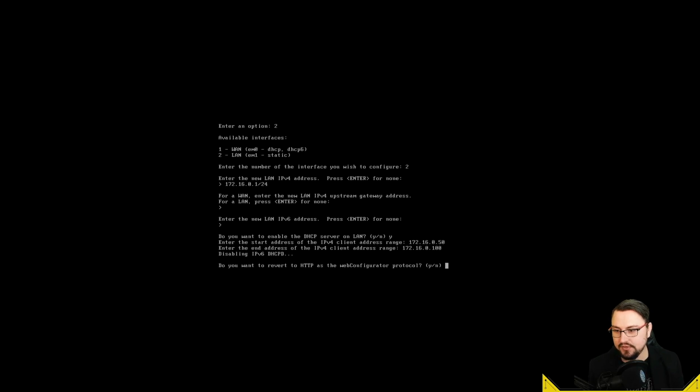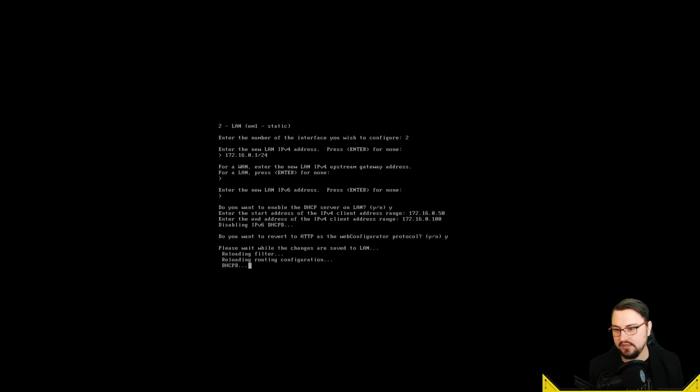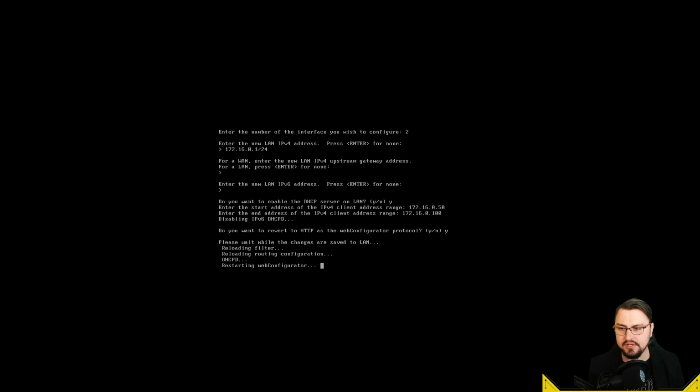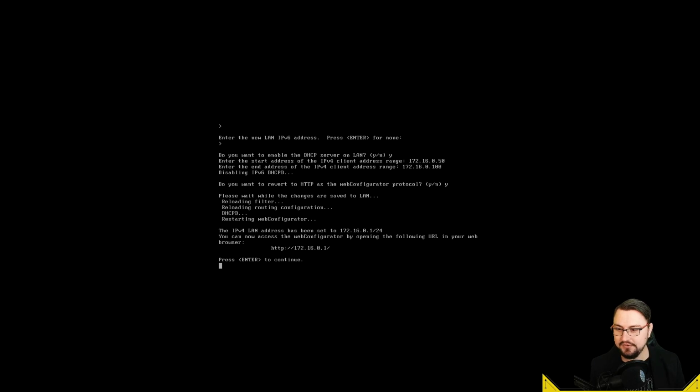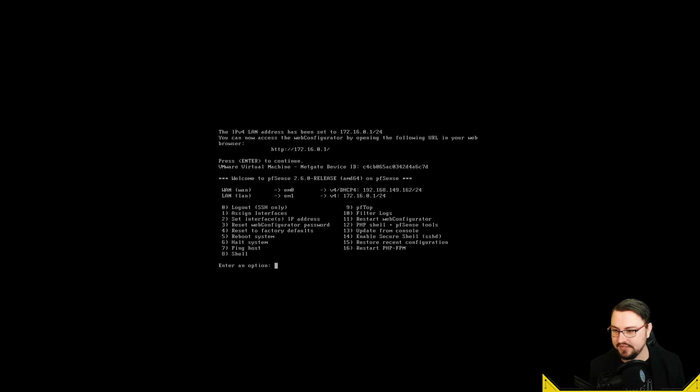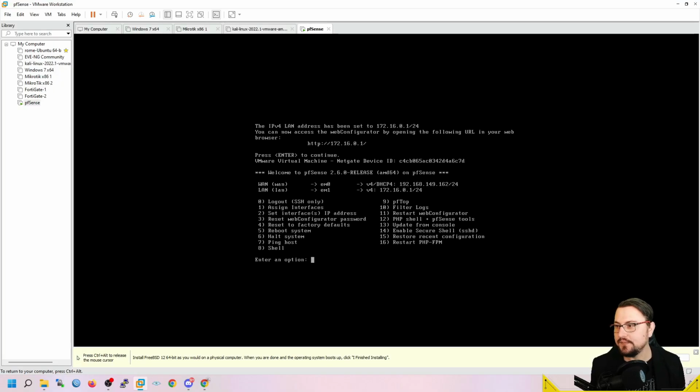Now, do you want to revert to HTTP as the web configurator protocol? I'll just say yes, and I'll hit enter. And now in theory, any devices that I connect onto this interface should be able to connect on HTTP on the GUI to manage the device and also look at a few things, which is what we're going to do now. So I'm going to actually just exit here, and I just need to connect a machine on that same